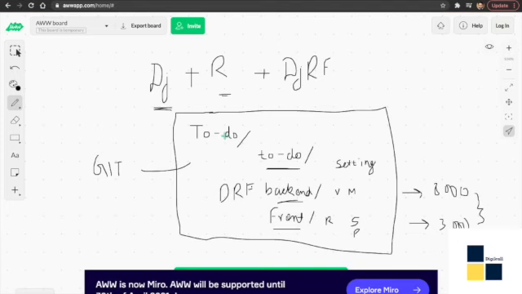Now this project is completed. I will be sharing these files with you over GitHub, or maybe I'll just make a zip file and attach it with this video. Hope you enjoyed it. Hope you understood how Django REST framework works, how a React app is created, and how you can combine these three to make a to-do application. Thank you.